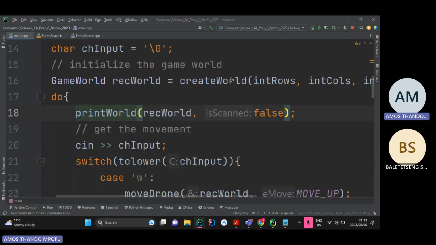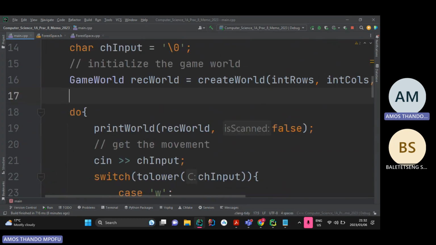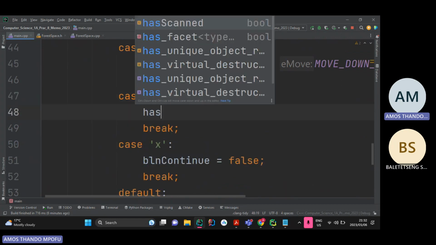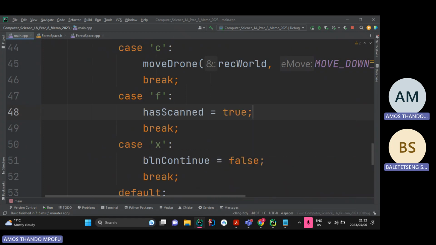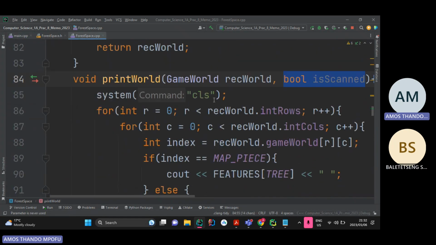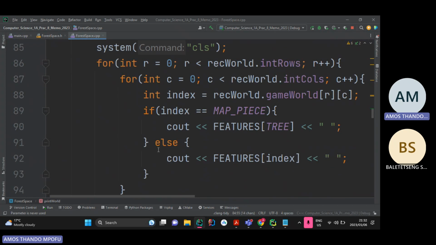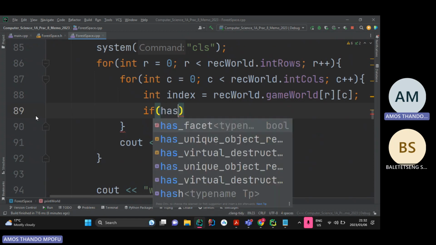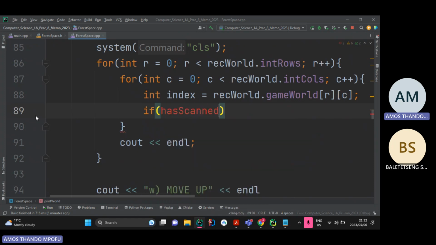Wait, okay, let me do this. Let me create a variable for it. I'm just going to call it has scanned. By default, it equals false. And then I'm going to pass has scanned there. And once the user decides to scan here, I'm going to set it to what? True. Because now when the user chooses this option, that means they have scanned. And then in my code, I'm going to change it a little bit. Let's say if has scanned,